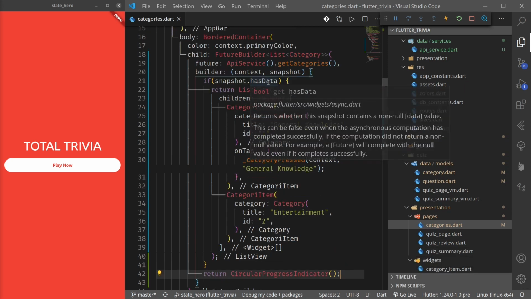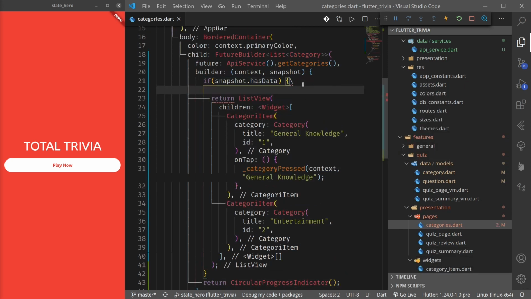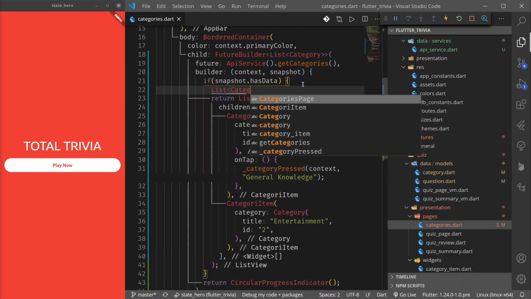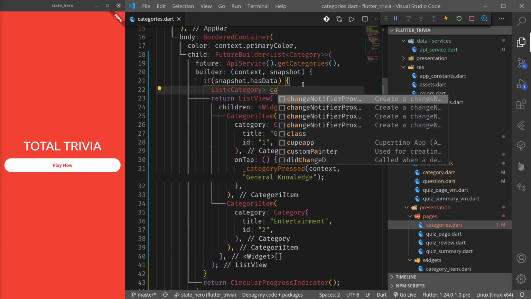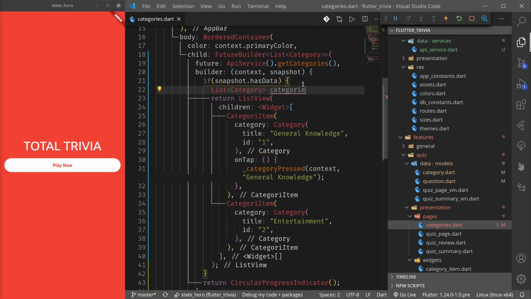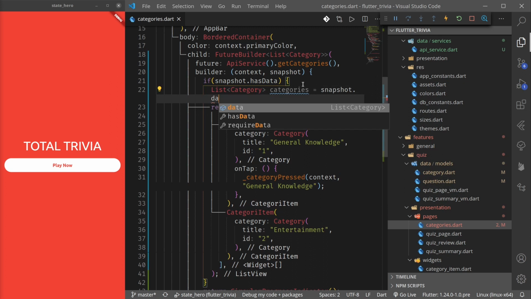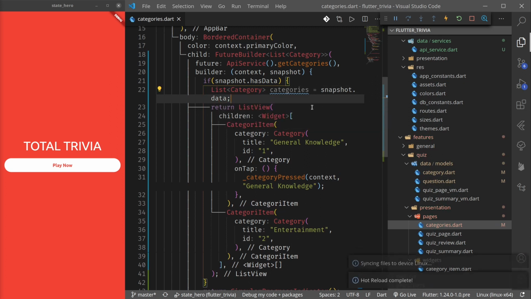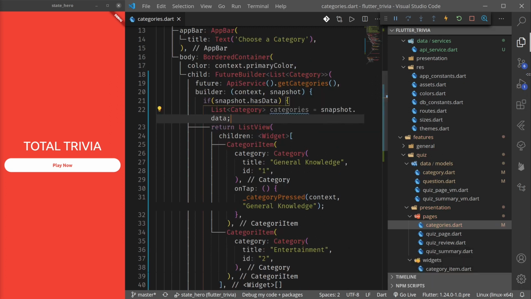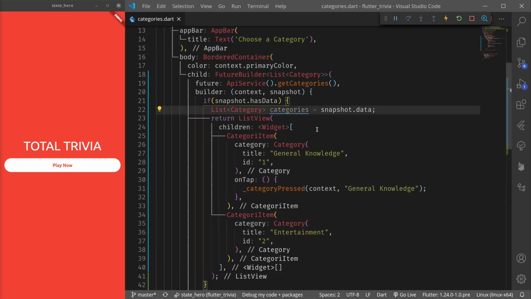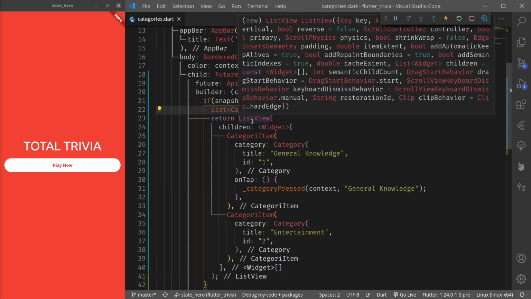Okay, and here categories is snapshot.data. So the data returned by snapshot will be the list of categories, and